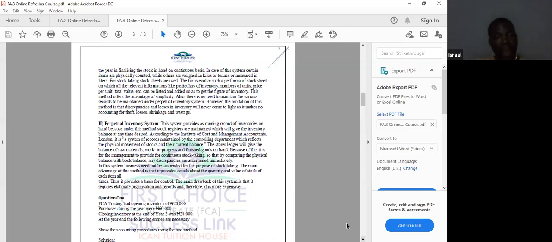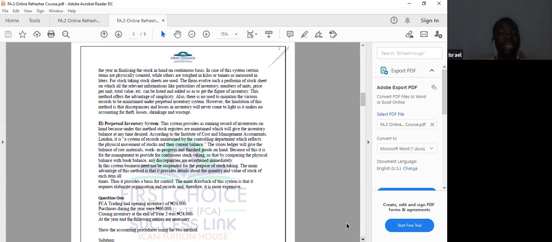Another one that we have is what? Under the periodic, we just have the opening stock and the closing stock. Every other item as regards inventory is found under the purchase account. So we normally have the purchase account under what? Under the periodic method to monitor the